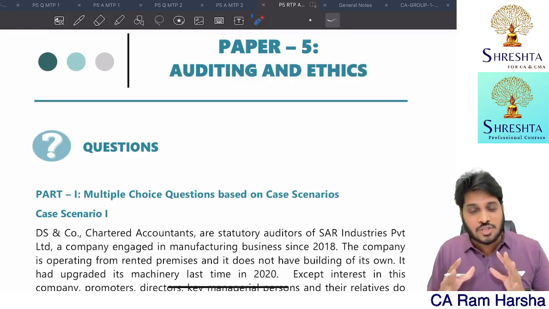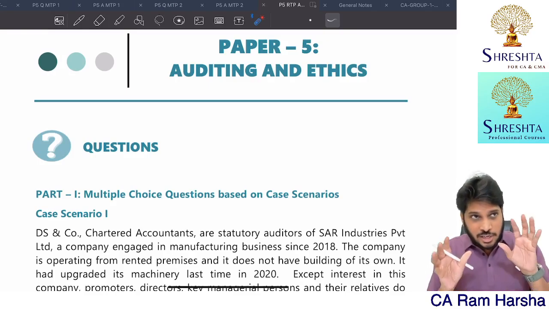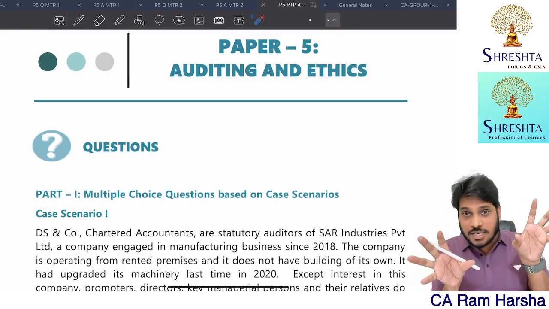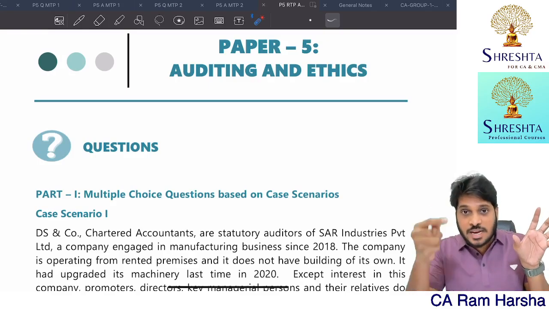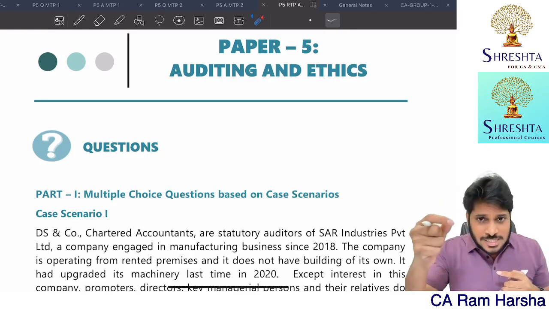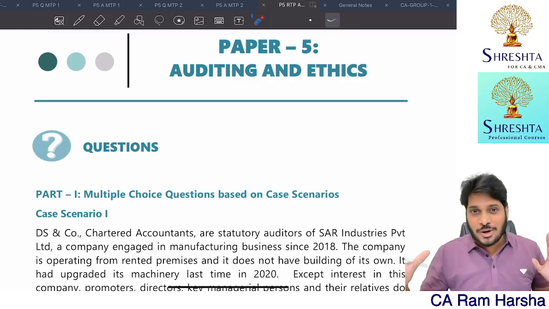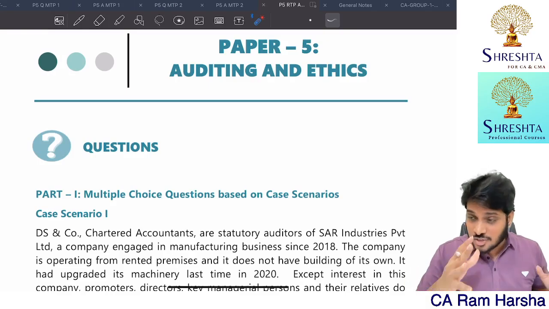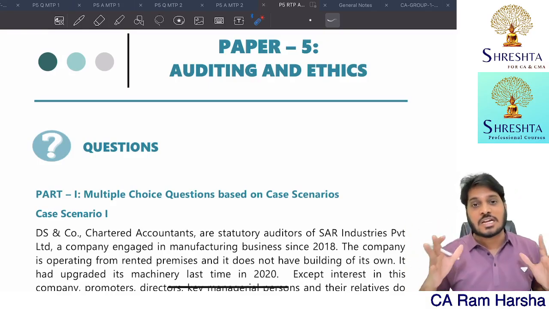When you are practicing MCQ, what is important is, it's not about what is the question, what is the answer. It's about why the remaining 3 answers we are eliminating. The thought process you should learn. If the thought process is developed, no matter whatever the MCQ that you have never practiced, still you can attempt it with a perfect answer.